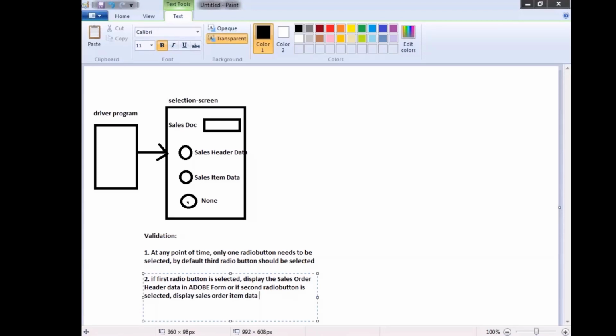Item data is nothing but a table, isn't it? Item data in the Adobe form. That is the requirement. Understood?